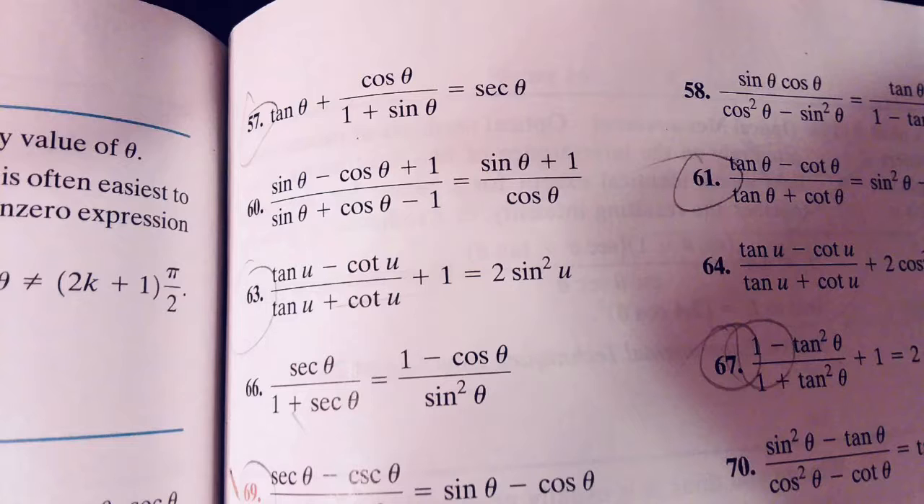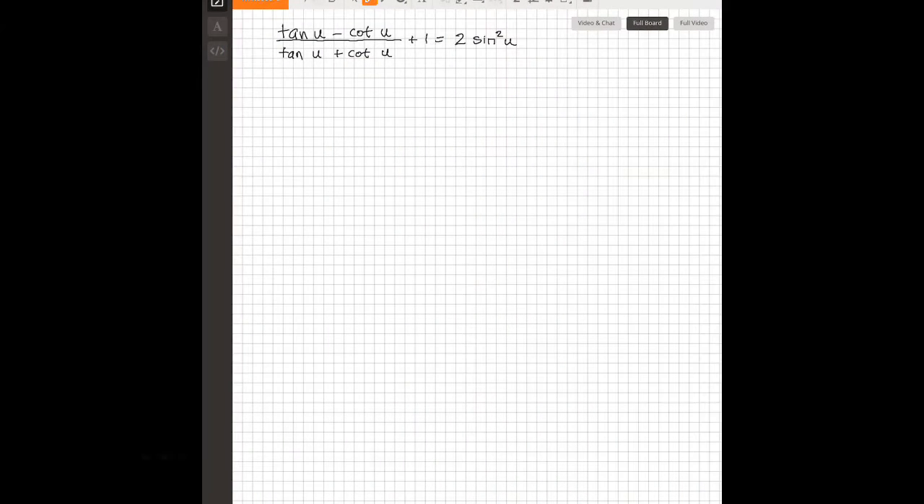Problem 63 asks us to prove this trig identity. As a general rule of thumb, we'll choose to simplify the side of the equation that has more terms. In this case, the left side of the equation has 2 and the right side has 1. Another rule of thumb would say we should simplify the side that has more trig functions, and the left-hand side